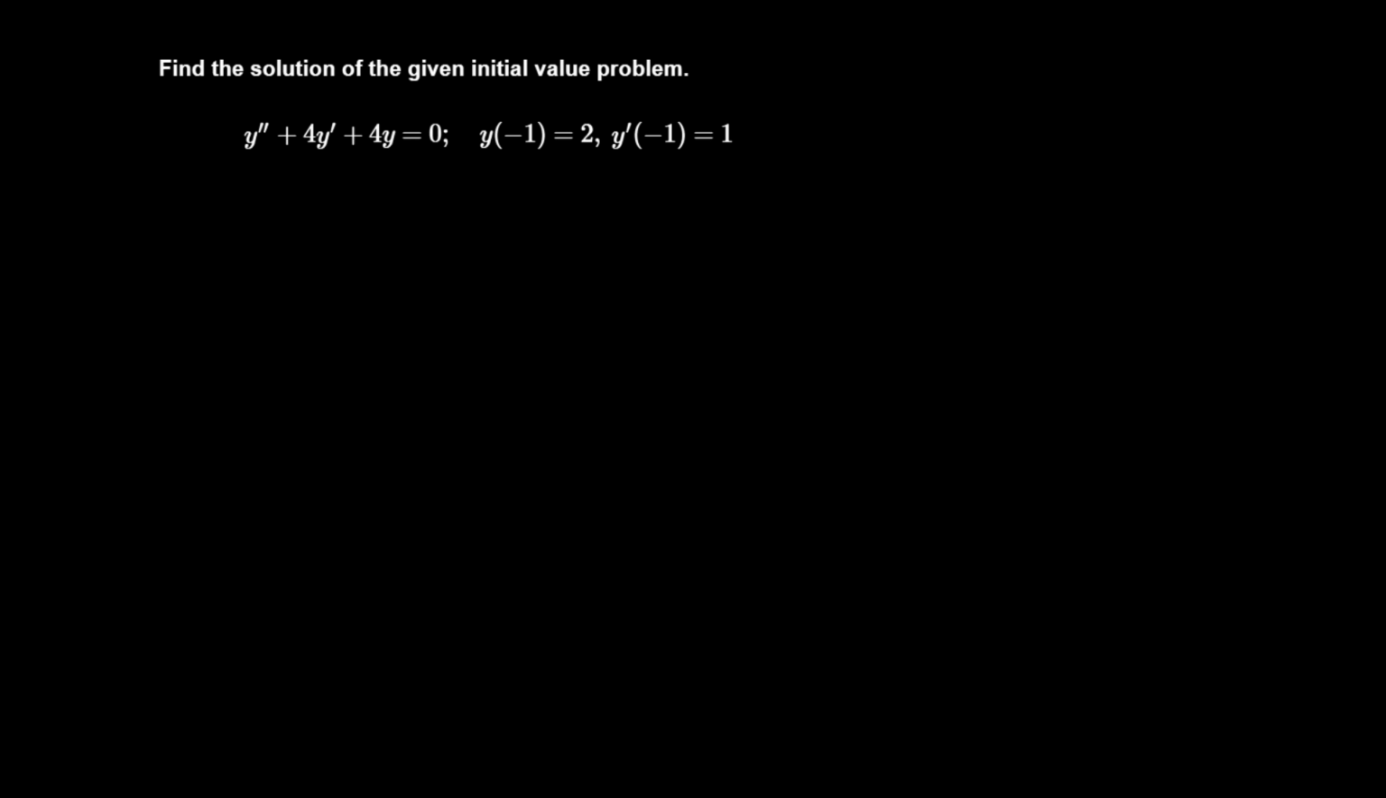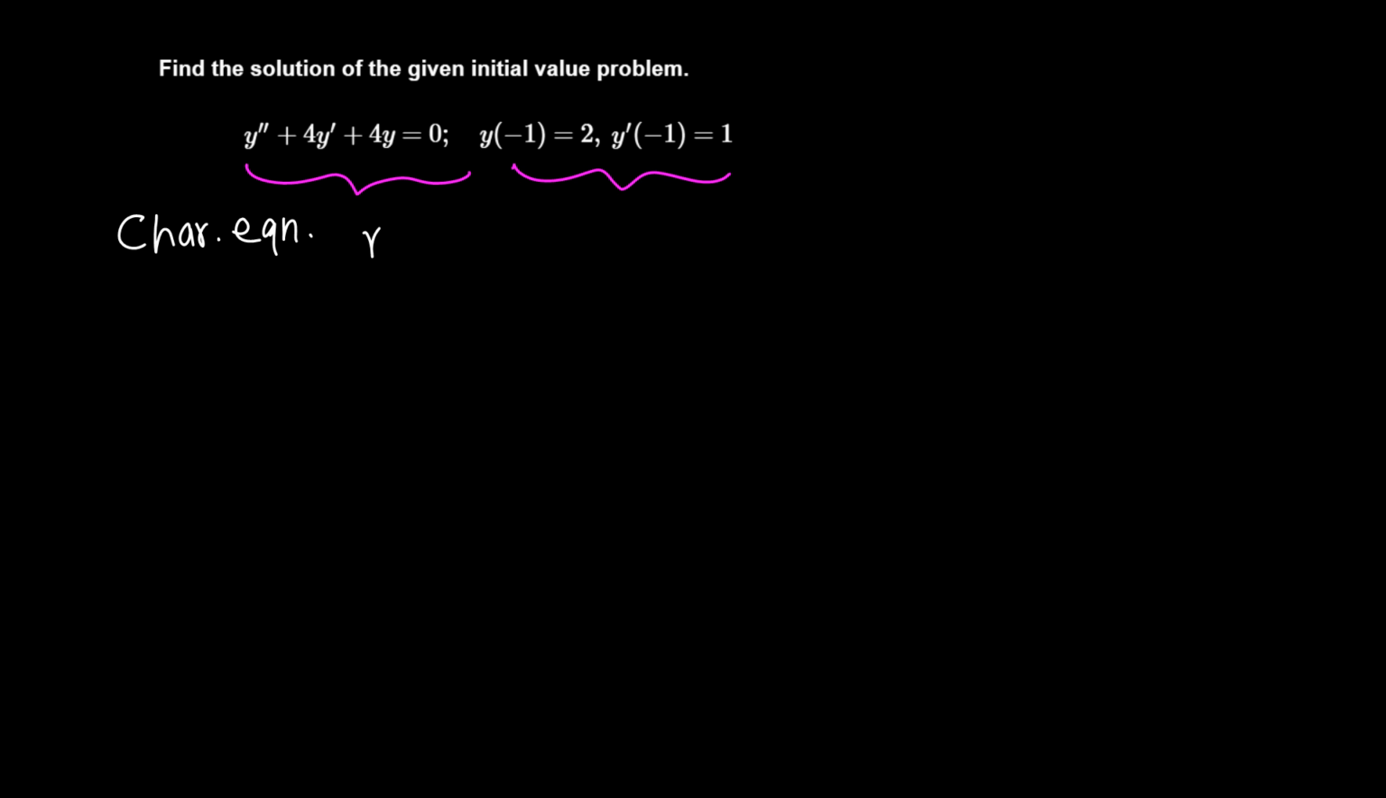Find the solution of the given initial value problem. So we have an ODE, homogeneous, and two initial conditions. Let's first solve this. To solve, we find the characteristic equation